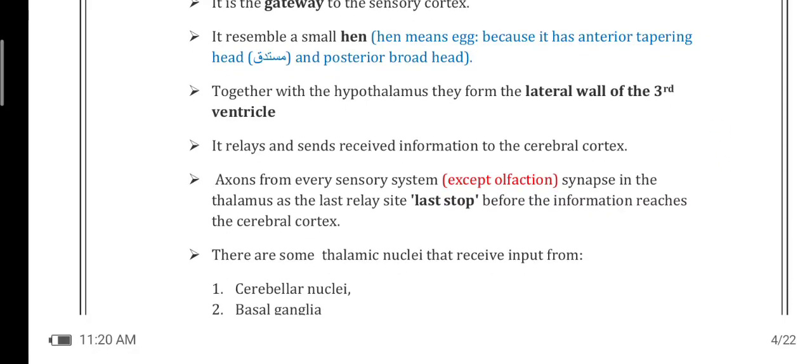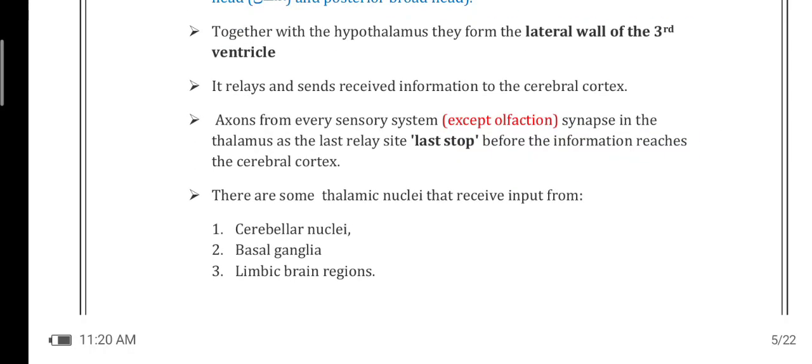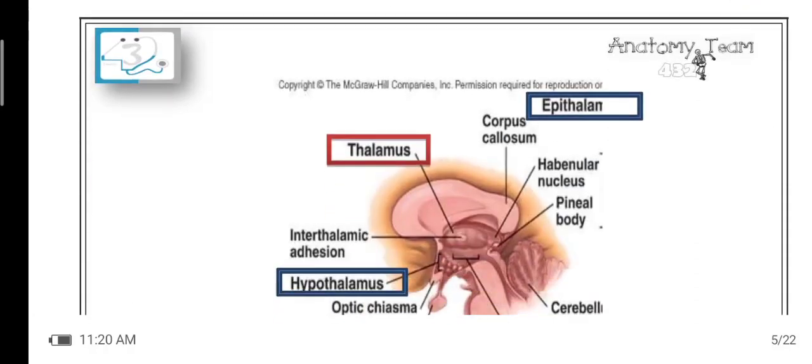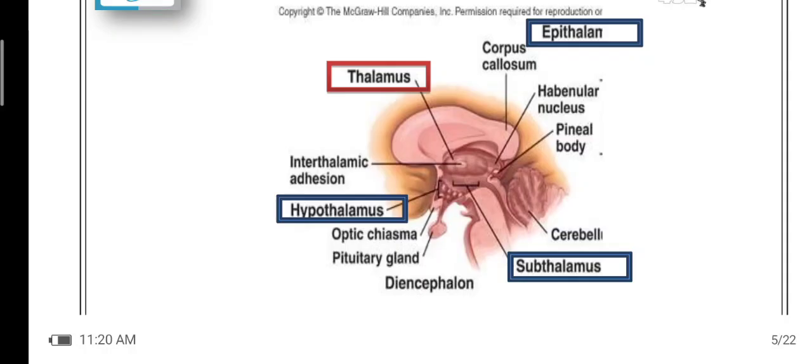The axons from every sensory system synapse in the thalamus. That is the last step before the information reaches the cerebral cortex. There are thalamic nuclei receiving input from the cerebellar nuclei, basal ganglia, and limbic brain regions. So this is the thalamus. Showing the picture, there are the thalamus,